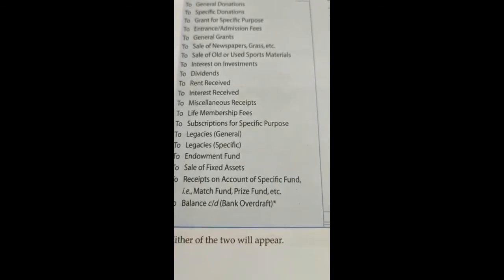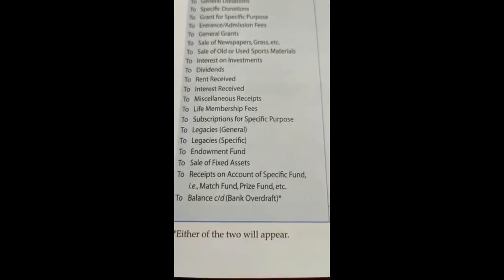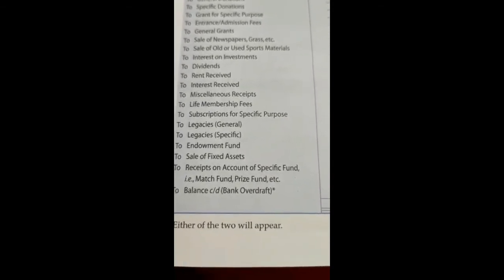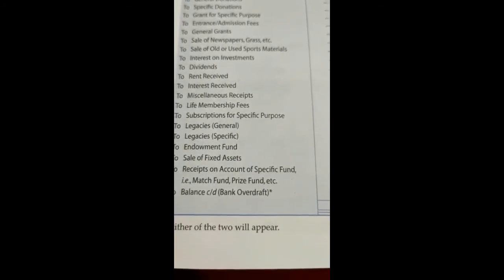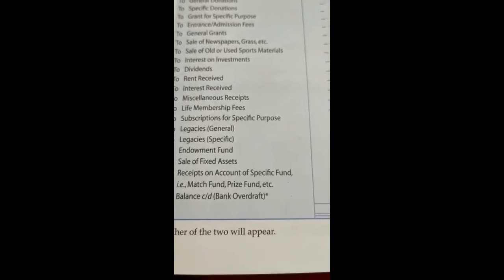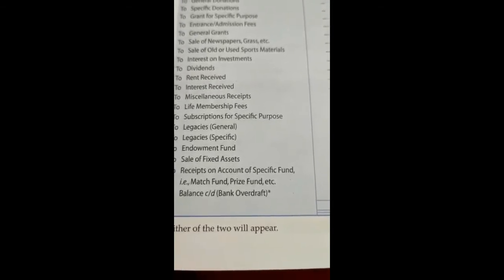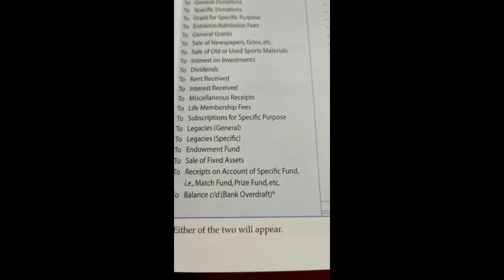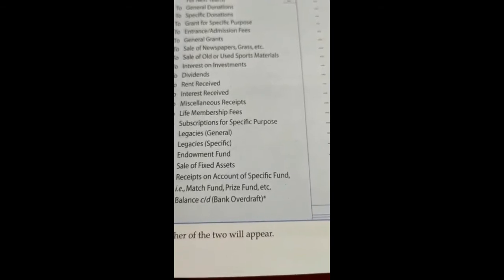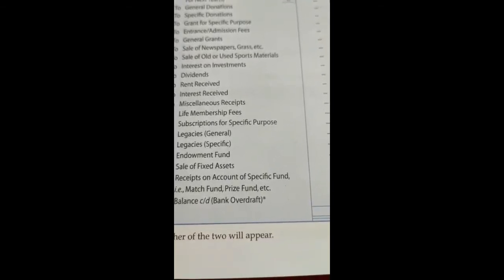So they open the fund, they create a fund, and then they request everybody, the members and the general public also, to deposit whatever money they can in that fund. So they receive the money, and that's why we record it on the receipt side. So how does this fund become stronger? When the members deposit the money, they keep getting money into that fund, so that fund becomes stronger.